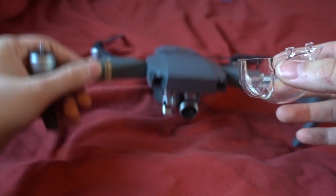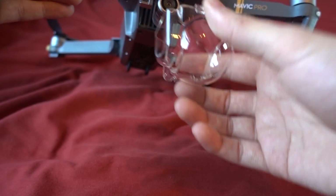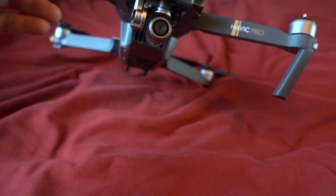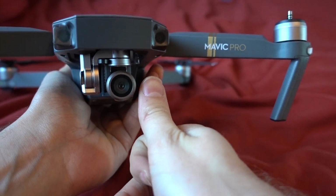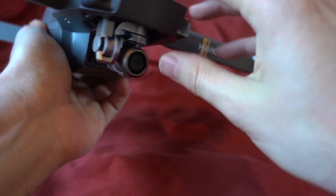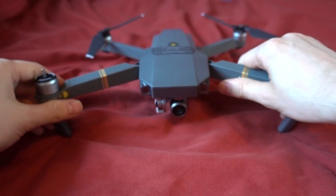Now, some people are saying that you don't need this. Some people are saying you should have it on. I don't know. Look at this thing. This is the star of the show. This gimbal is so tiny. That's my thumb. I cannot believe how small this gimbal is, and that is the reason I have got this